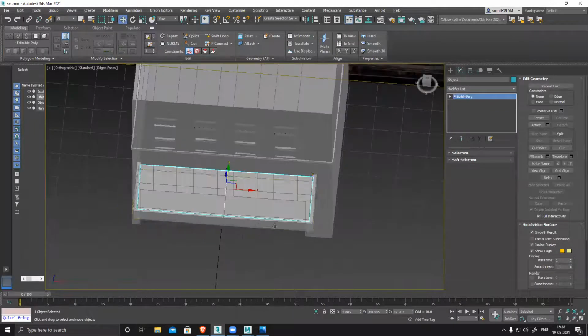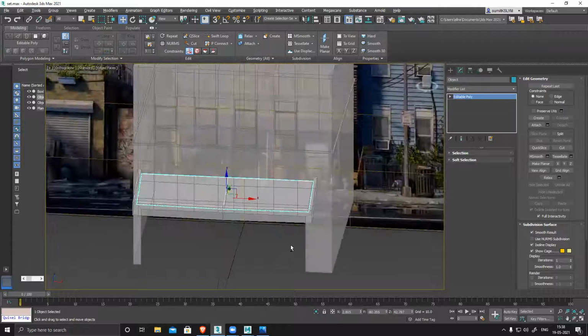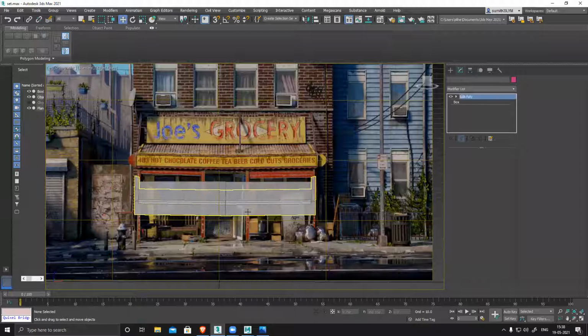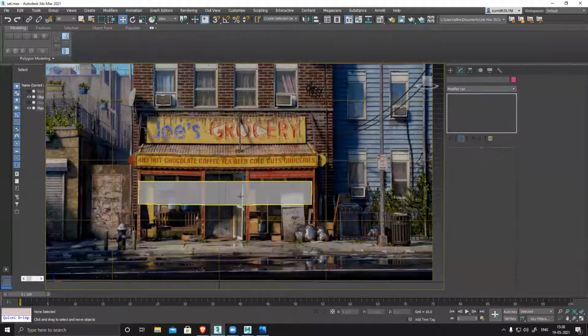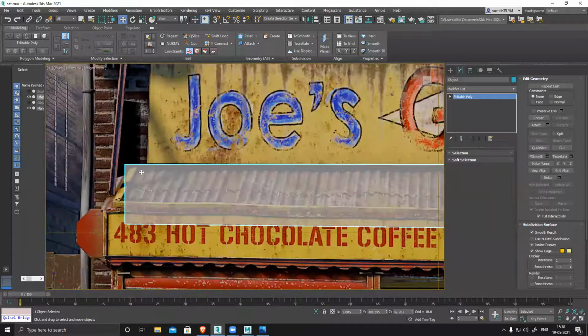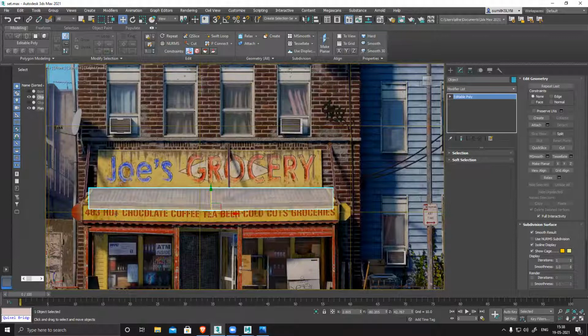And now I need to create in between loops, a lot of loops. So hide this one, hide selection, only this front. So you can see this wavy thing. So I need to create a lot of in between lines.